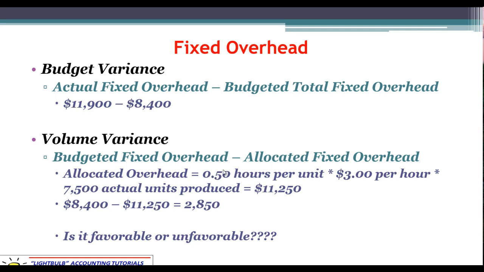So what we have to think about is the nature of fixed overhead in general. We have a set amount that's not supposed to change based on activity levels. We think it's going to help us to produce 5,250 units. So we think we're going to be able to use that equipment to generate 5,250 units. Somehow, without paying any more money than expected, we were able to generate 7,500 actual units. So with the same equipment that was expected, we were able to generate 7,500 actual units. To me, that's a favorable variance. We were able to use our fixed overhead to produce more than expected.